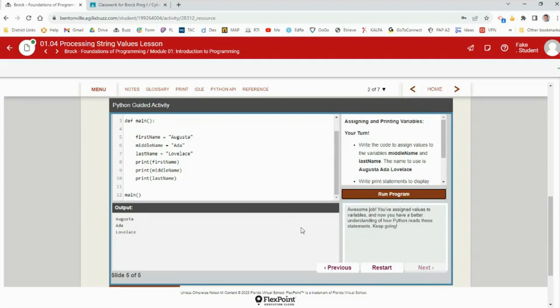What if we want it on the same line? Any thoughts on that? Can we make it just one print statement and print all three? Let's give that a shot. Let's see what that would look like. So let's delete these two lines and say, okay, we want to print them all in the same one. If we put a comma between them,